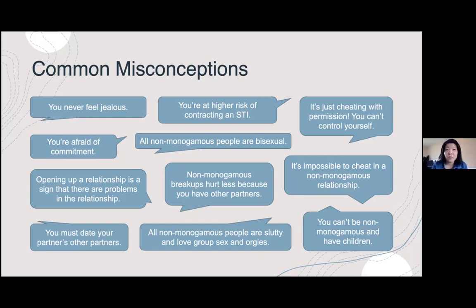I think it's one thing to have multiple partners and enjoy the love and attention and intimacy with multiple people, but it's quite another thing to see the people you love doing that with other people as well. I think that requires some emotional resilience and security and confidence and self-esteem. And so if your relationship isn't solid, if you're not 100% sure that your partner is serious about you, perhaps you have a fear of abandonment, perhaps things are rocky, and then they start a new relationship with someone else, and you feel insecure because things aren't like that in your relationship, then the relationship can absolutely fall apart. And so, I think this misconception comes from